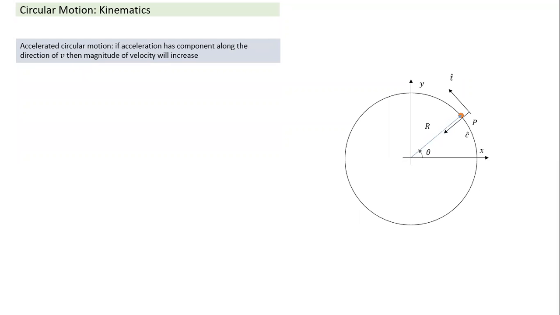Now, accelerated circular motion. You can think of it like this: if you have a fan, put a black spot somewhere near the tip and put the fan on. You observe the black spot going in a circular motion. When you put the fan on, it will get accelerated. After some time, it will keep moving at a constant angular velocity, in uniform circular motion. When you put the switch off, it will decelerate. So in that case, there's a positive alpha, alpha equal to zero, and negative alpha. That's what we are going to understand here.